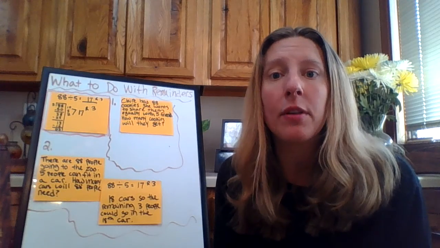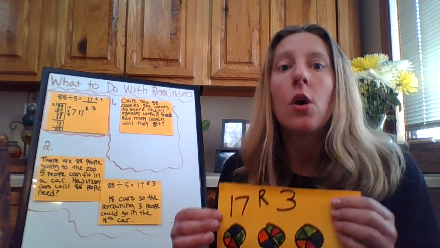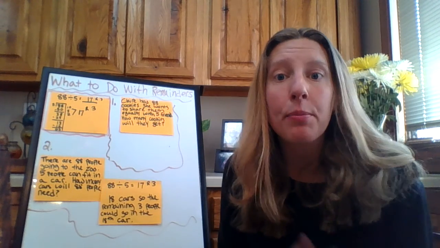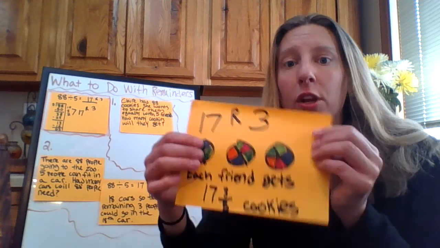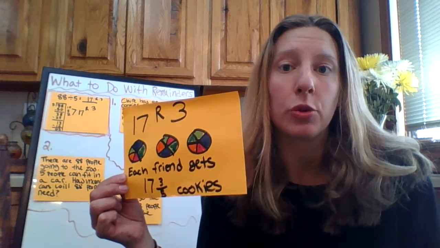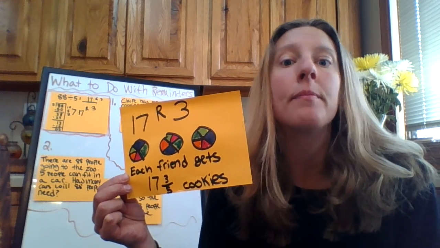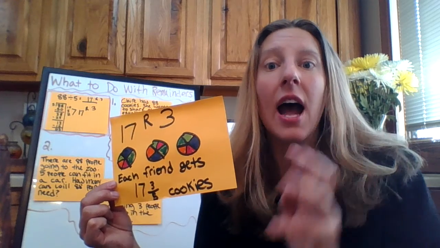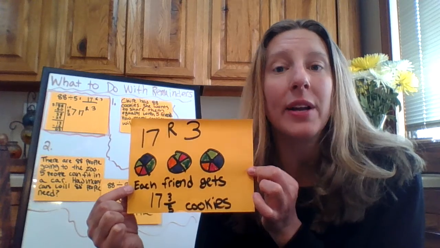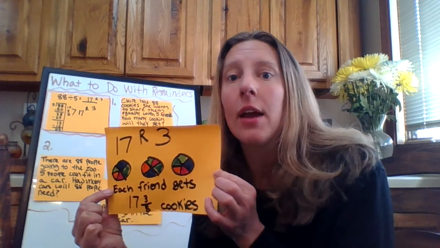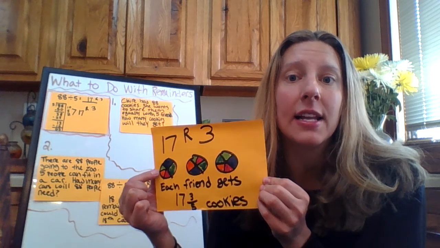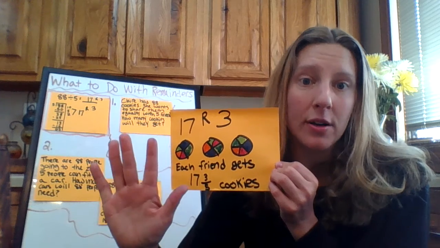So this is an example of a word problem where the remainder can be shared. Our object in the story problem is cookies. We can break cookies apart evenly, and I did that for you in this picture. So the 3 circles that I drew represent the 3 cookies that are left over. Because there are 5 friends, I used 5 different colors in each cookie to show how each friend is going to get 1 piece. So I divided each circle into 5 equal parts,